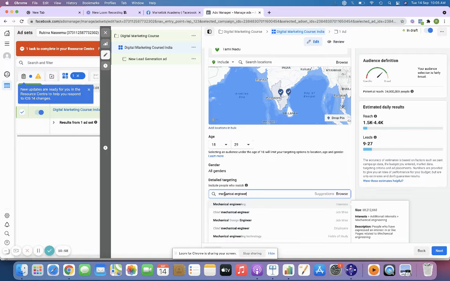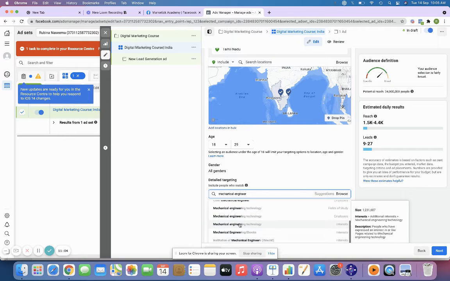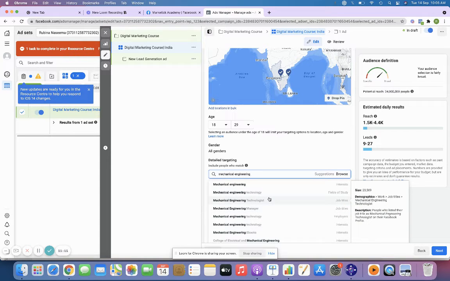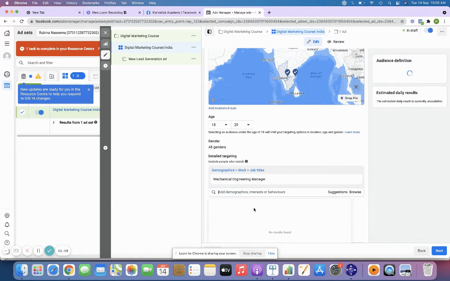So I would suggest I take that option, mechanical engineering. I just wanted to find the exact job title. Yeah, I have found a good one. Mechanical engineering manager, right? So I can just select this option.